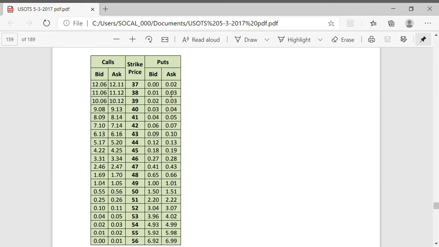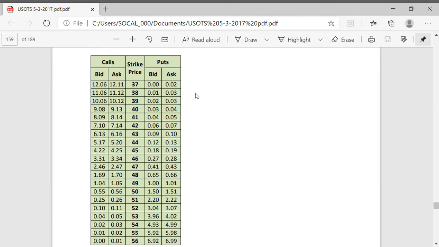Now, what we are going to do is create vertical spreads. Call bull spreads to be specific. And so, for example, we're going to be buying the 37 call and writing the 38 call. That will be a 37 and 38 call bull spread. We'll also be looking at buying a 38 call and simultaneously writing a 39 call. That will be the 38-39 call bull spread. Okay? And so we have this series of vertical spreads we're going to examine, and we're going to make some